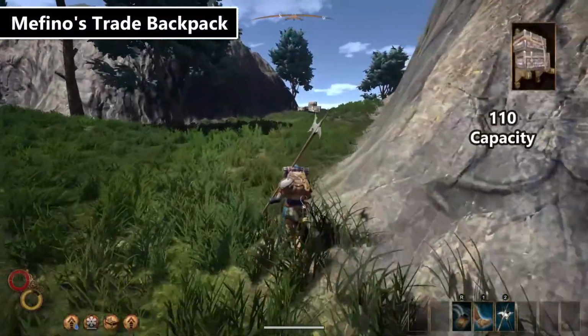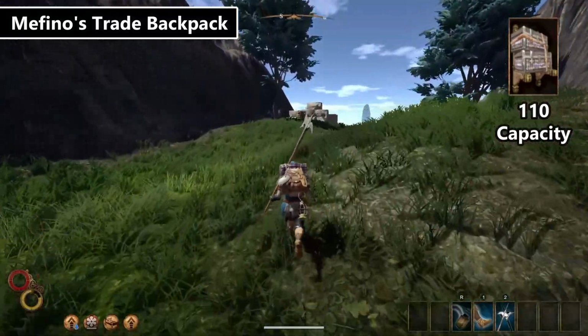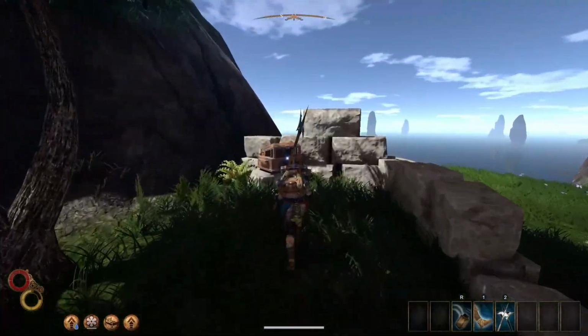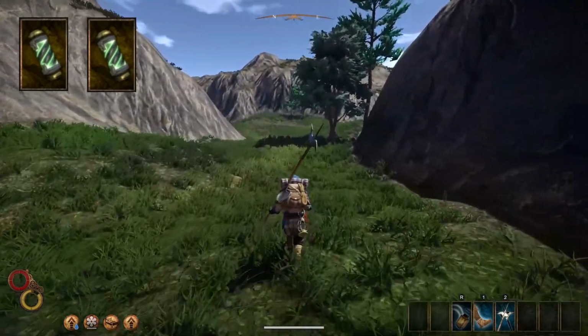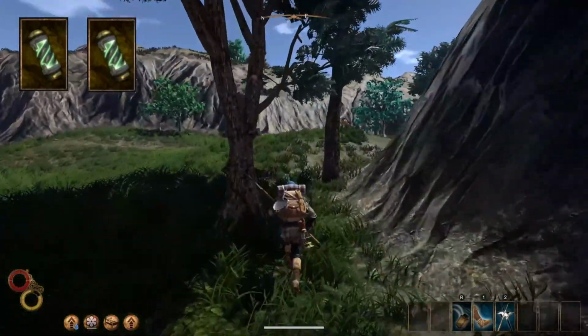Mefino's trading backpack has the highest capacity for any backpack in the game. And with the changes to loot drops, we can actually get it right now. You will need 2 power coils, and they used to take much longer to get before Definitive Edition came out. Now, however, they drop from supply caches quite often, and will let you grab one of the best backpacks more